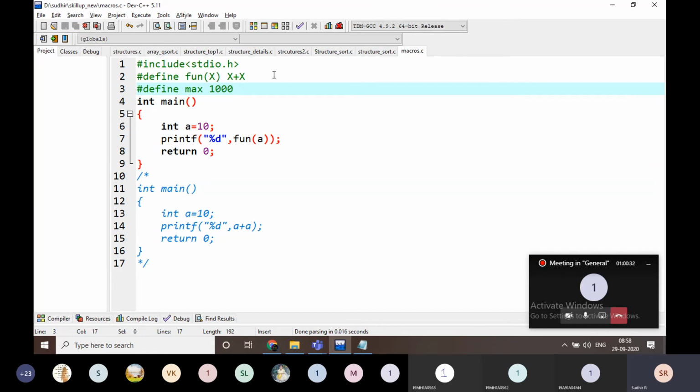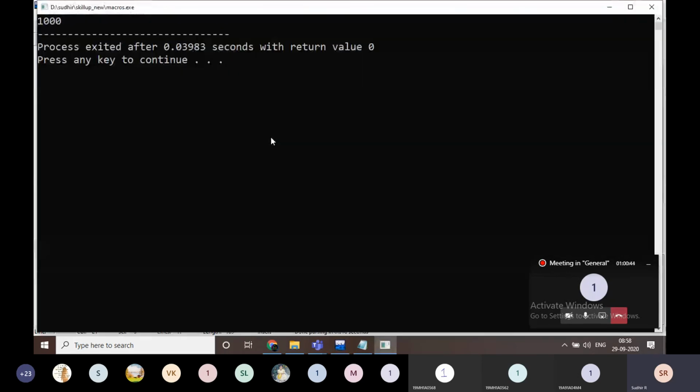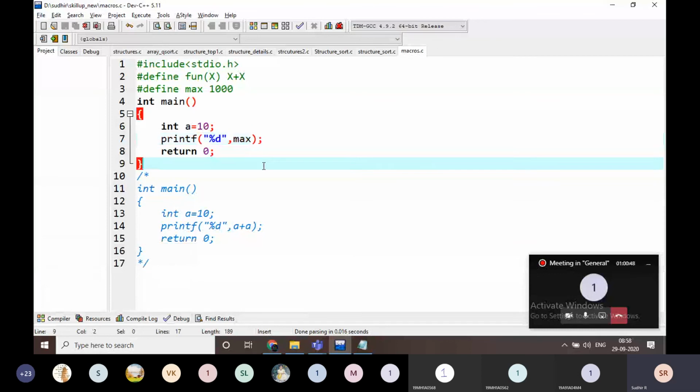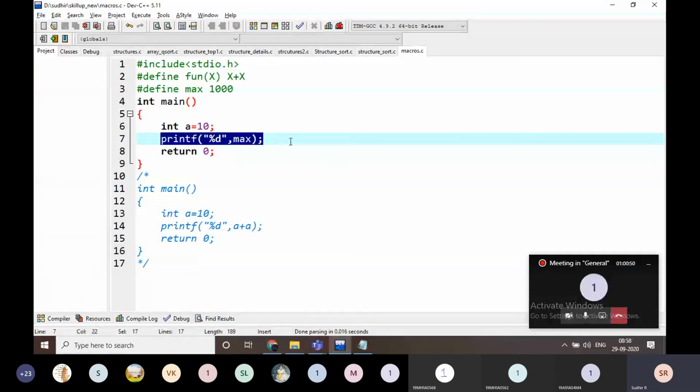Anywhere in the program, if I print max, it is going to be replaced with 1000. Max is not a variable here. Before that, it is replaced with 1000. That is the working of macros.